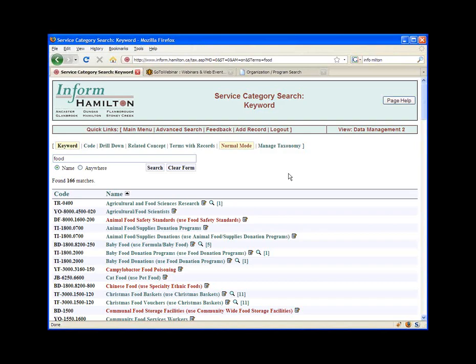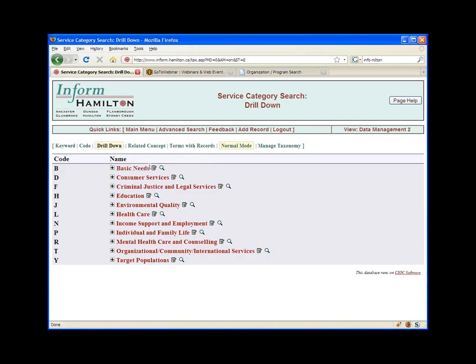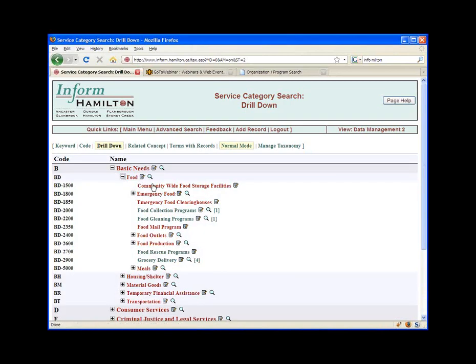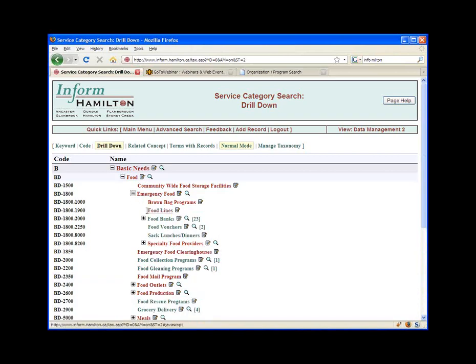By default, all inactive terms are going to be hidden unless you require them in order to do some other kind of display, such as the drill down search, where even though basic needs is inactivated so that I can't add it to a record, I need to be able to see basic needs and food and emergency food in order to get down to food lines, which is a green and active term that could be added to a record. Okay? So that is the only condition under which you see inactivated terms unless you are in administrative or